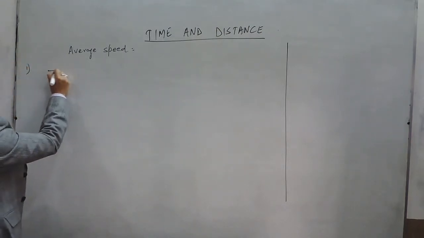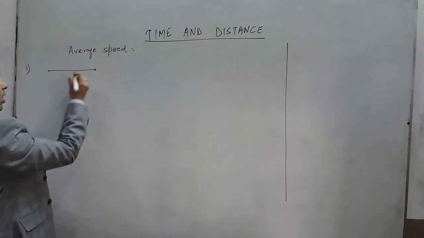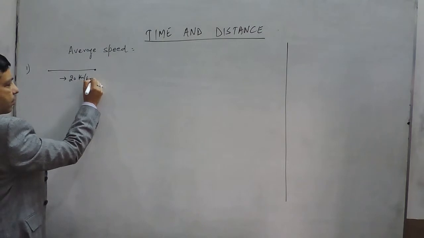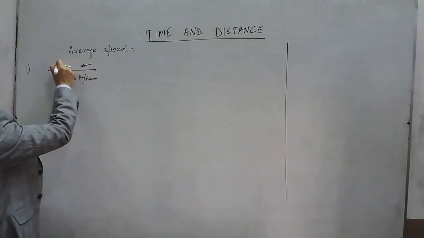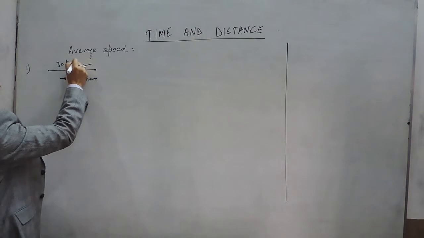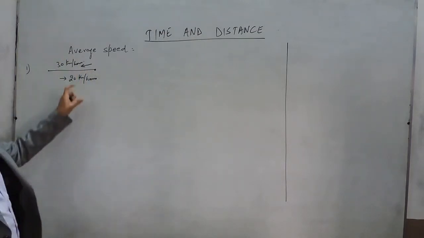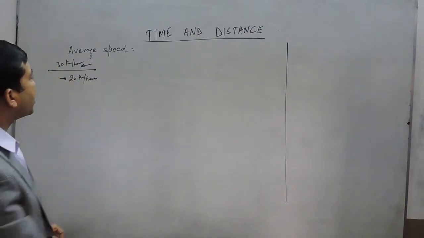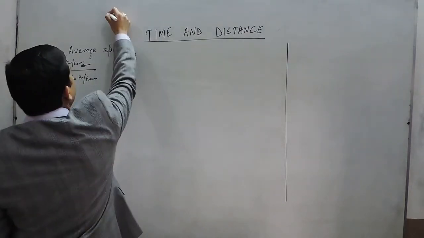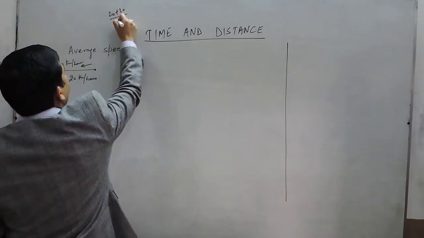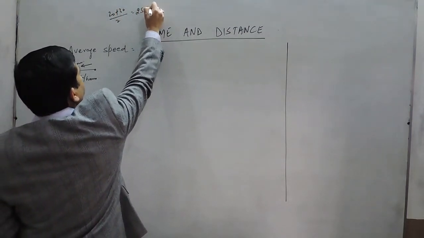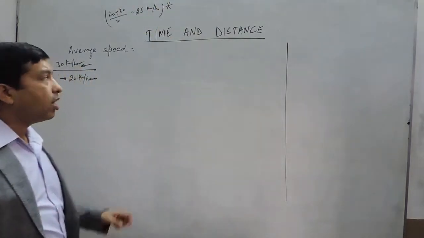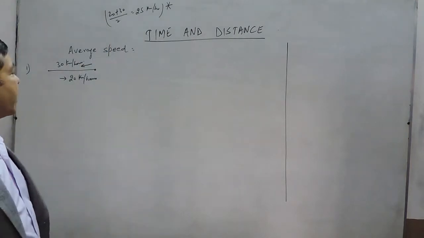Suppose a person A goes from this point to this point at a speed of 20 km per hour and he comes back at a speed of 30 km per hour. So what is the average speed of this man? Now from the question it looks like it is 20 plus 30 divided by 2, and comes out to be 25 km per hour. But this is a wrong perception and the wrong way of solving it, because